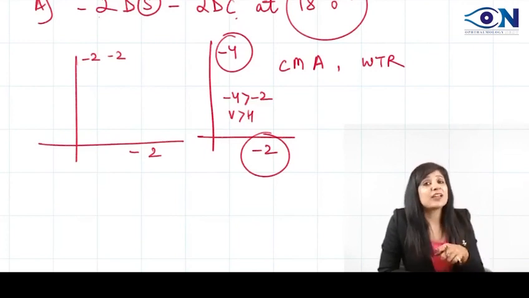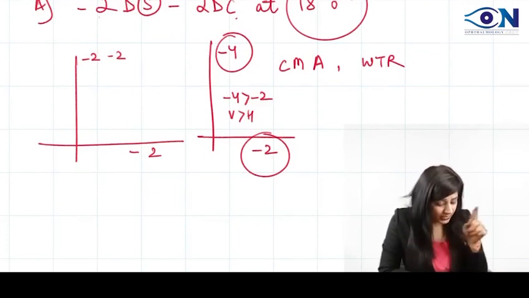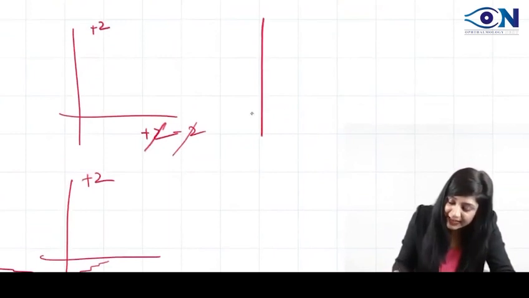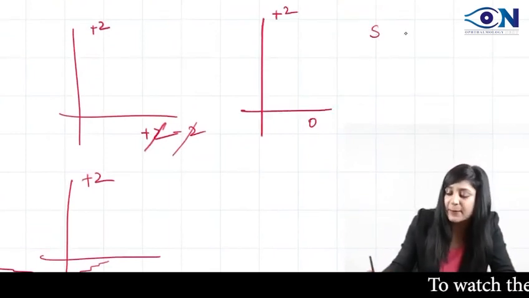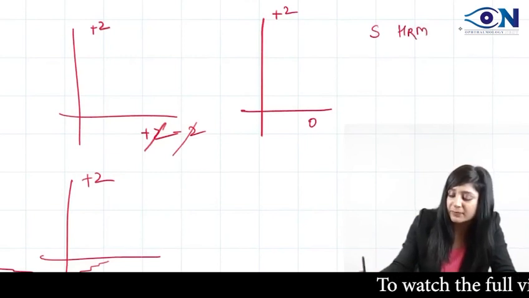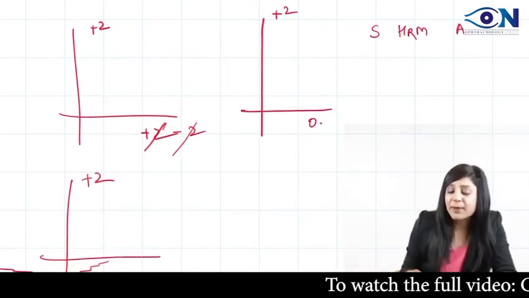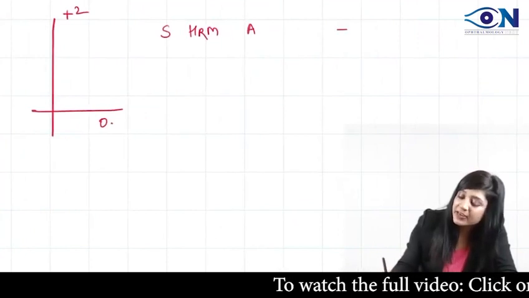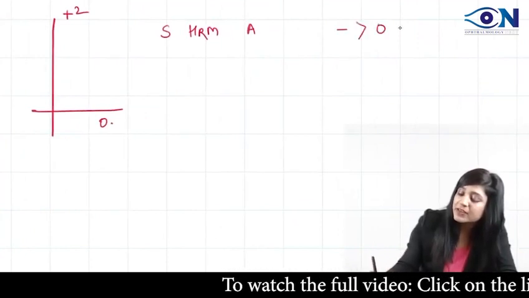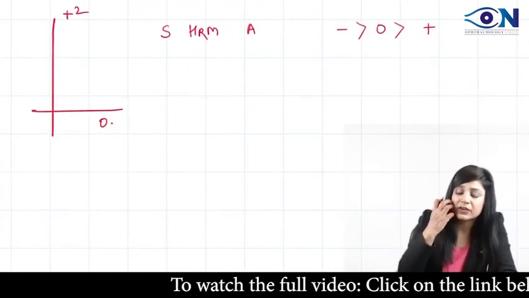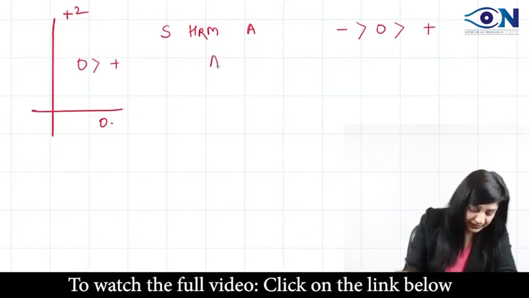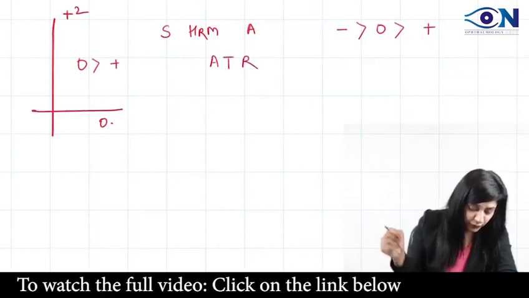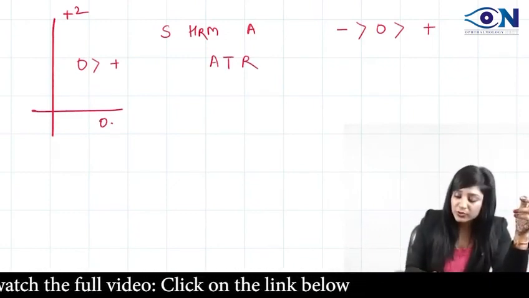But in the question they are asking compound myopic against the rule. Okay. So this means we are getting the +2 here and 0 here. Therefore, this is simple hypermetropic astigmatism. Now, what is the type? Always remember, minus power is more than 0 power and 0 power is more than plus power. So here 0 will be more than plus. Therefore, it is against the rule. So you can do it orally.